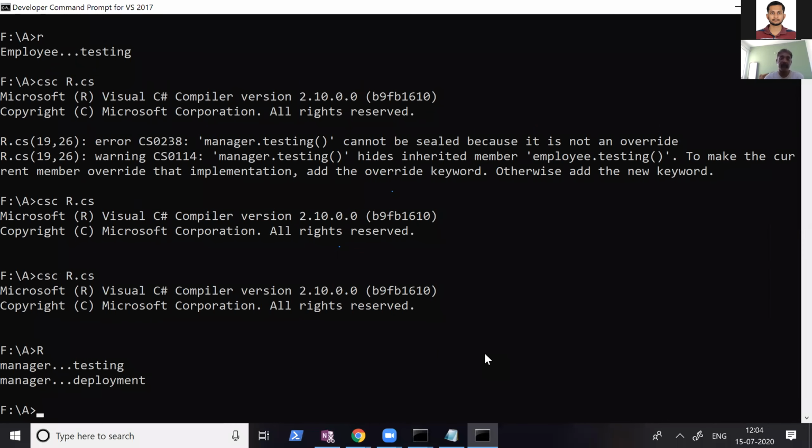Look at, I'm calling first those methods which are basically overridden. I'm calling the deployment method of manager class, not presently available in your employee. I'm casting explicitly employee to manager, then I'm able to call. This is called downcasting, and this is the as operator. How many derived classes are compatible to me? If it is this, go for this. So the is operator first checks, then assigns. What is the as operator? They do both. They check, they assign, they return Boolean to you.